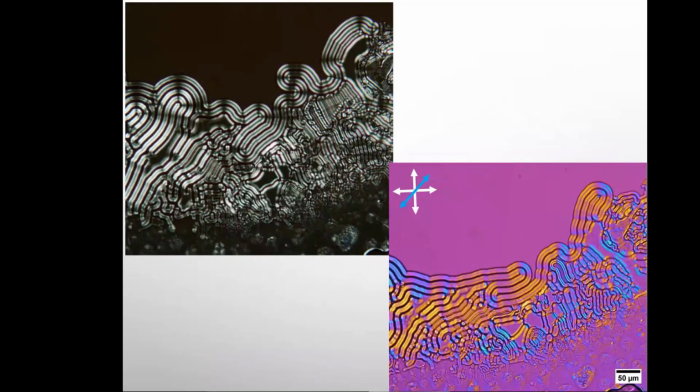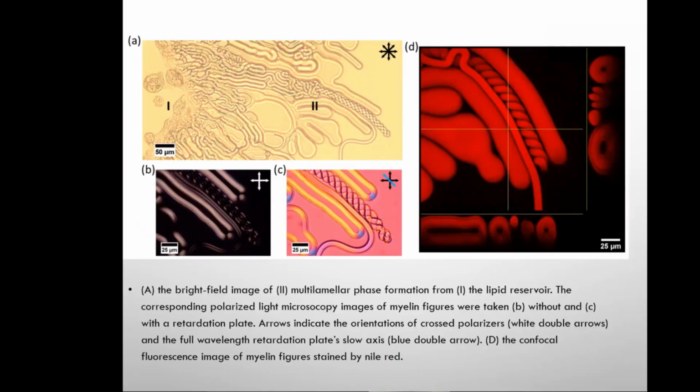With polarized light microscopy, when we grow the myelin in in vitro conditions, so we have the phospholipid mixture with conditions mimicking the real concentrations and the real conditions which appear in the brain, we can see the formation of these myelin layers. They sometimes are not only elongated structures, but they also tend to curve, or sometimes they have other shapes,